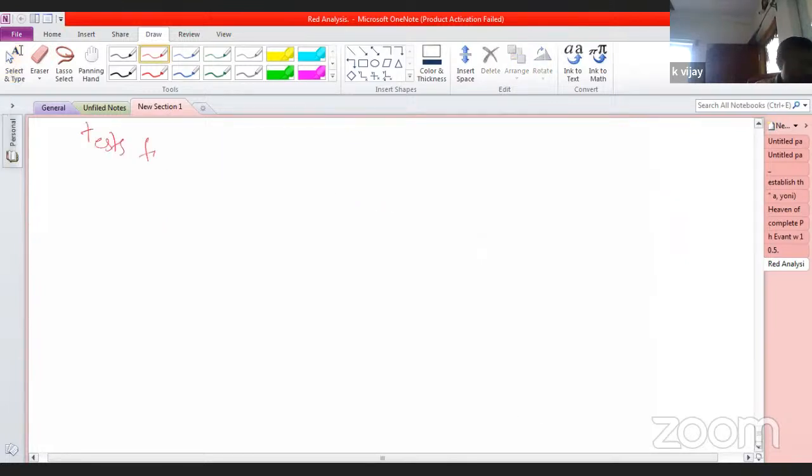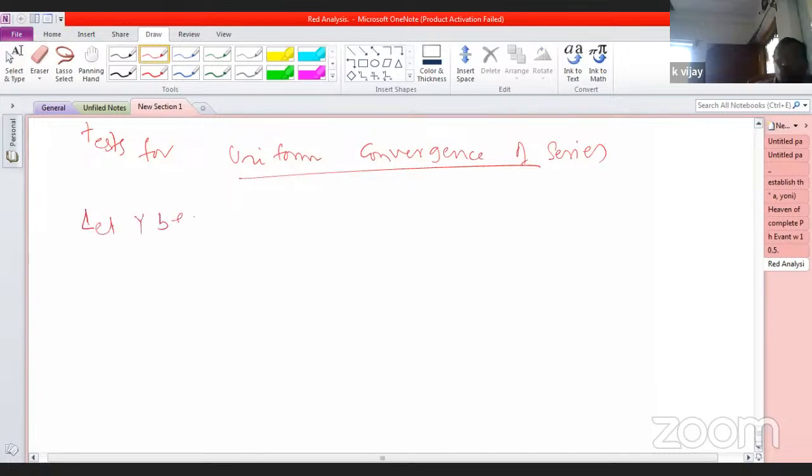Tests for uniform convergence of series. Test for uniform convergence of series. So in this theorem, in this one section contained, let Y be a metric space, X not equal to empty set, and f_n be a sequence here